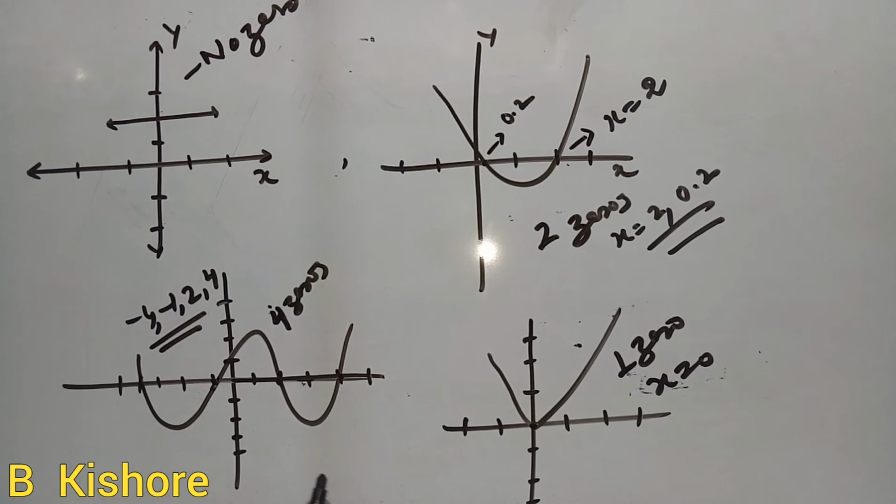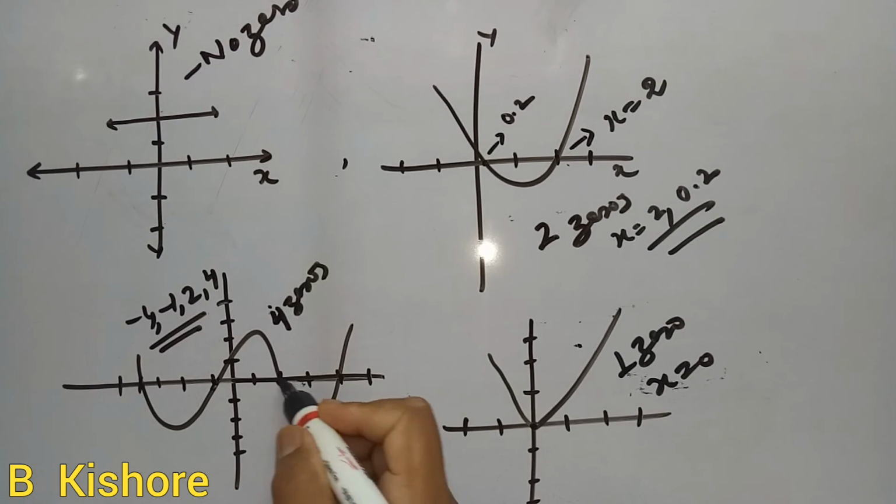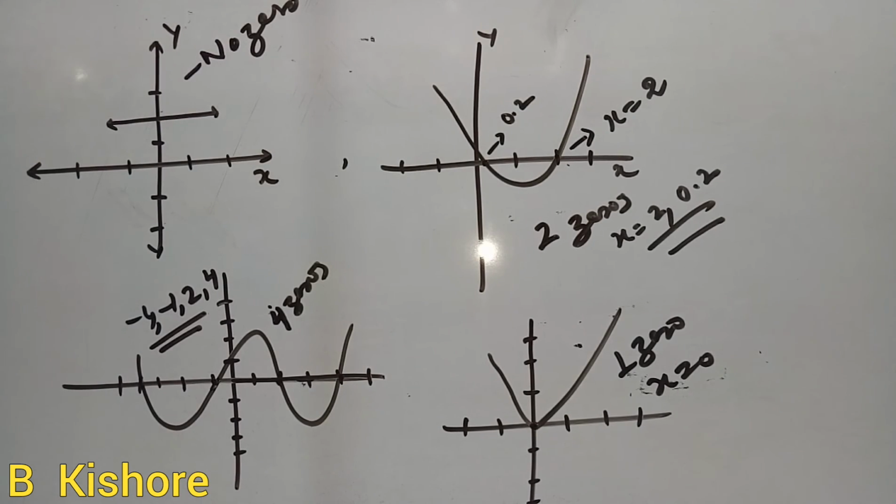So इस तरह दो क्वेश्चन आ सकते हैं. First question is how many zeros are there, and second question is tell what are the zeros of the polynomial. Okay, so by counting the number of places where it touches or intersects the x-axis, that will give you how many zeros, and the value of x at that point will give you the value of the zeros. Okay, so दो तरह के क्वेश्चन NCERT में CBSE क्वेश्चंस में पूछे जा सकते हैं. So you should practice such types of graphs also.